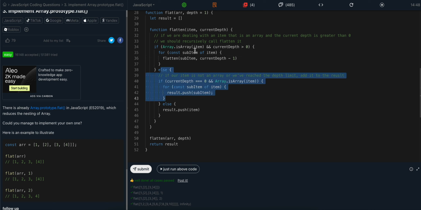Otherwise, if current depth is equal to 0, that means we need to add it to the result. So if current depth equals 0 and array of item is true, for each sub item of item, we want to push it into result. Otherwise, we want to push item into result. At the very end, we want to call flatten, and we pass in the original